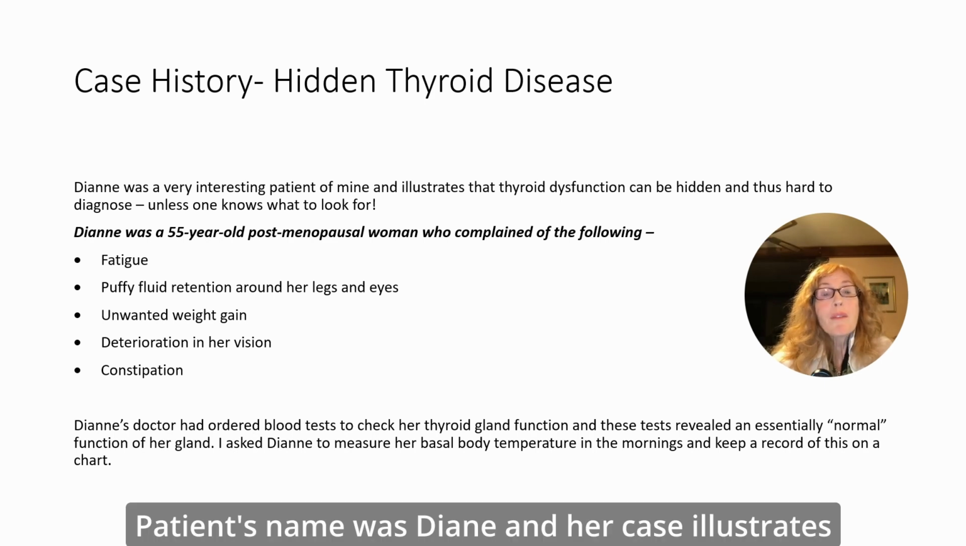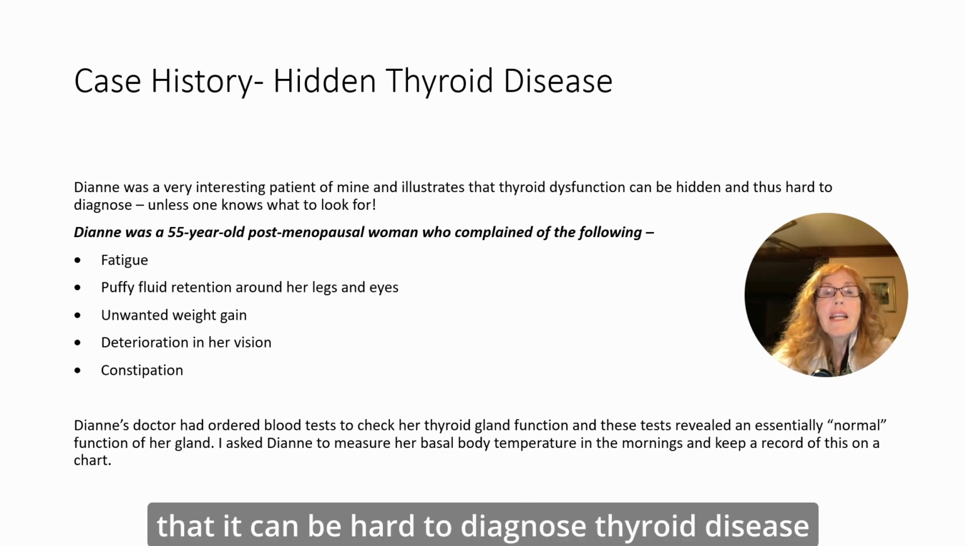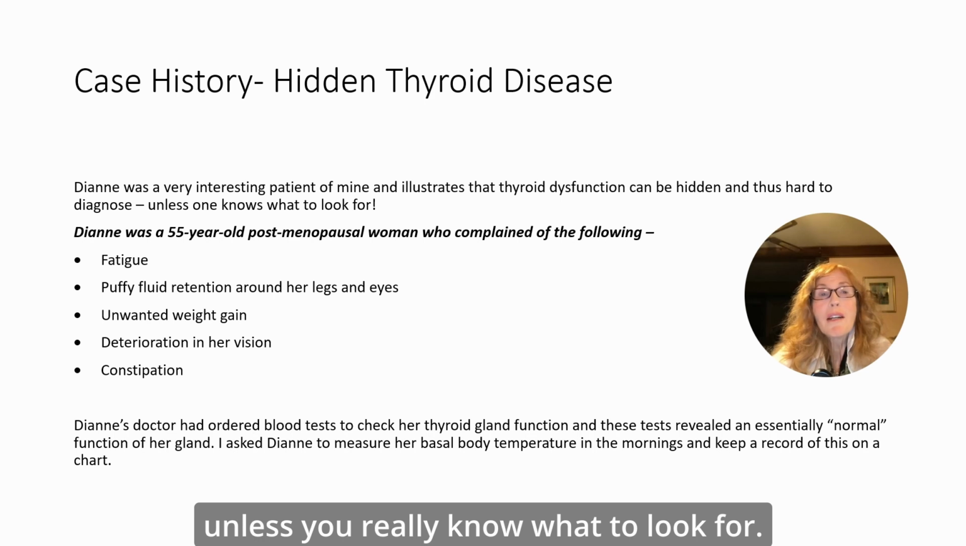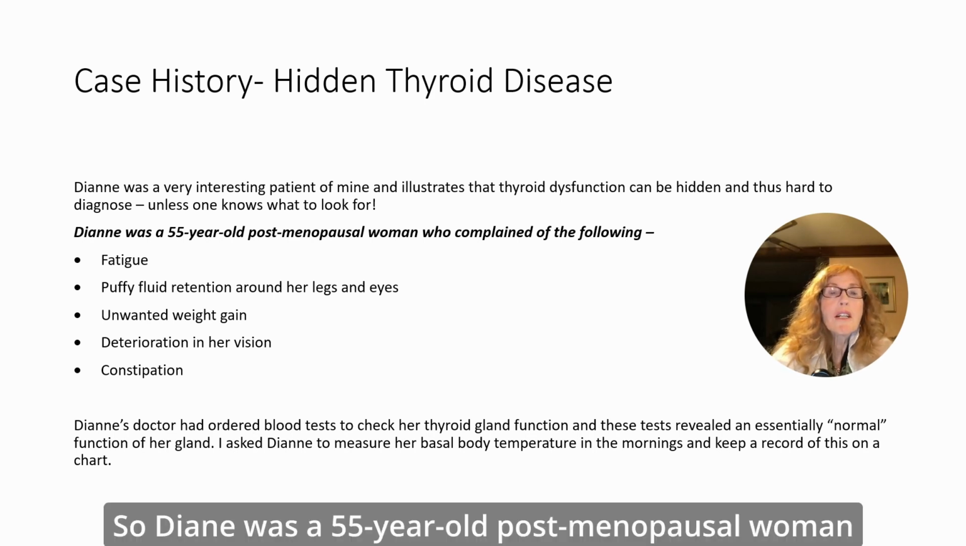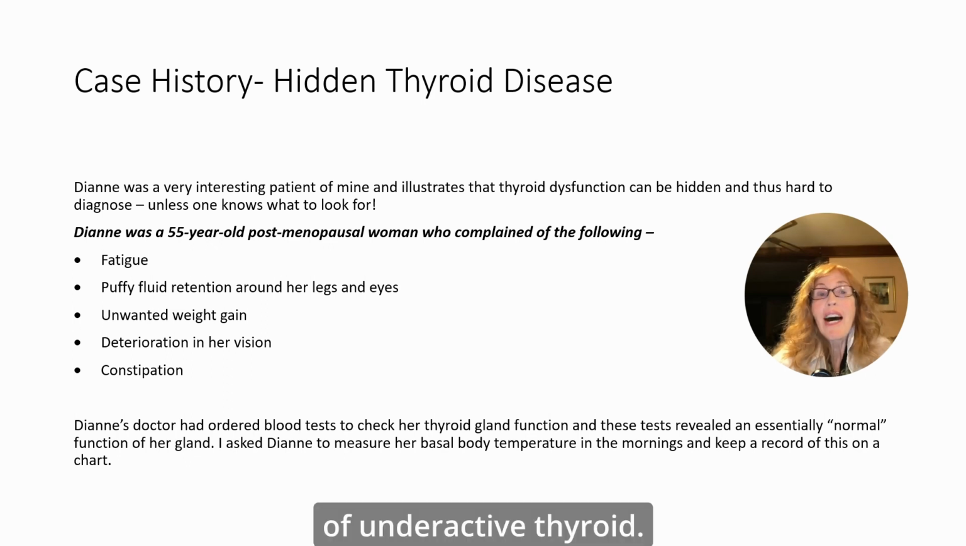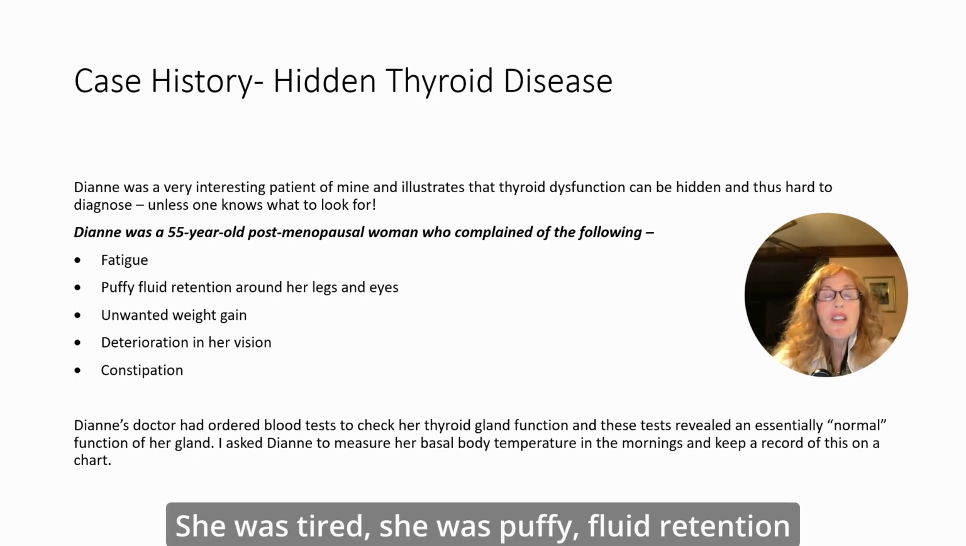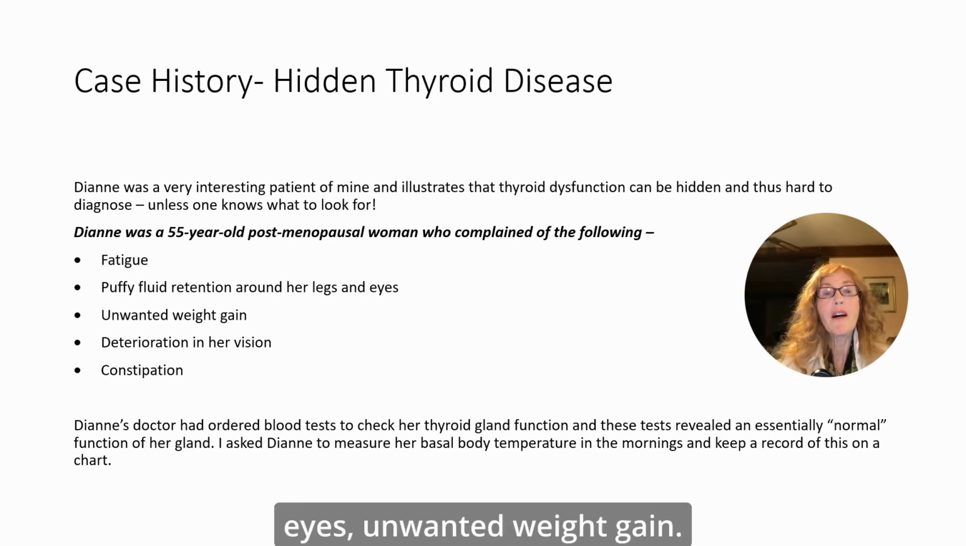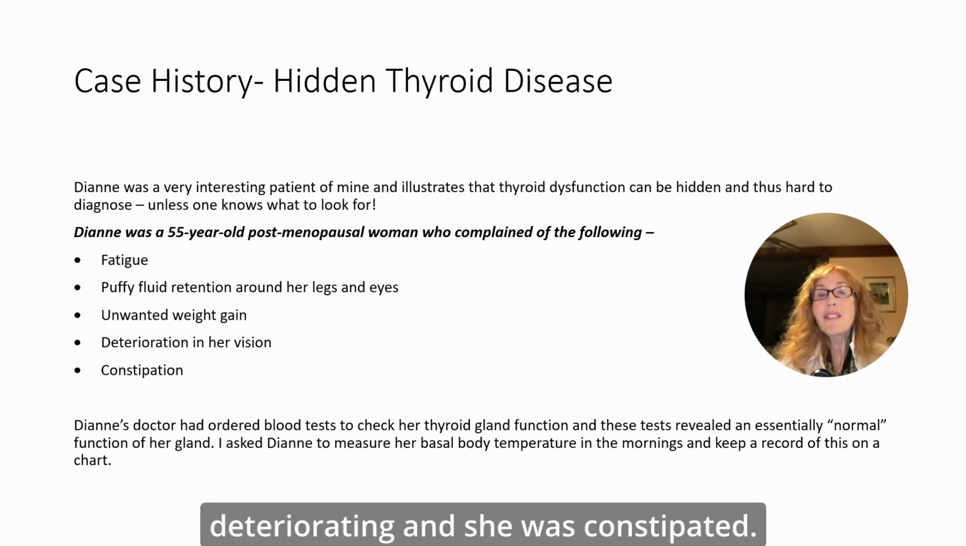The patient's name was Diane, and her case illustrates that it can be hard to diagnose thyroid disease unless you really know what to look for. So Diane was a 55-year-old postmenopausal woman who complained of symptoms suggestive of underactive thyroid. She was tired, she was puffy, with fluid retention around her legs and her eyes, unwanted weight gain, her vision was deteriorating,